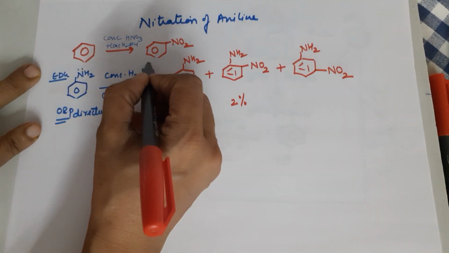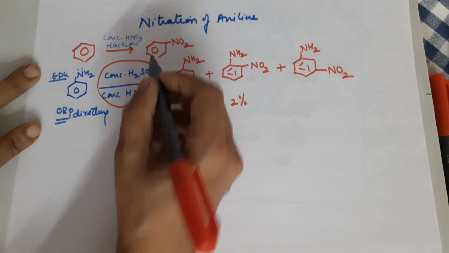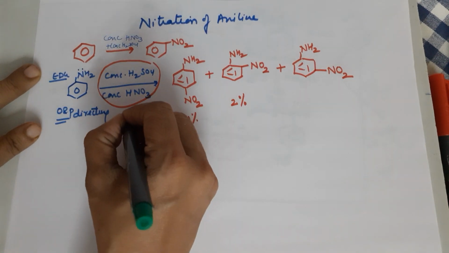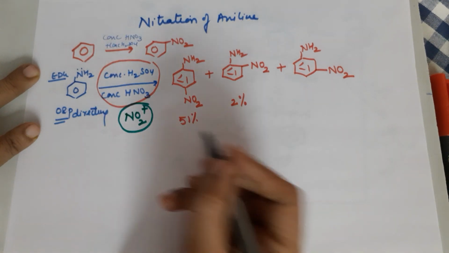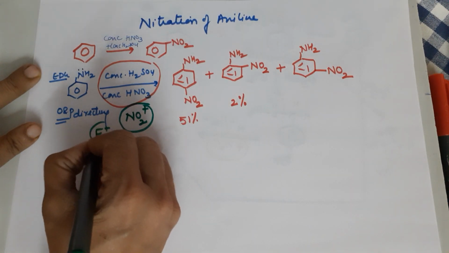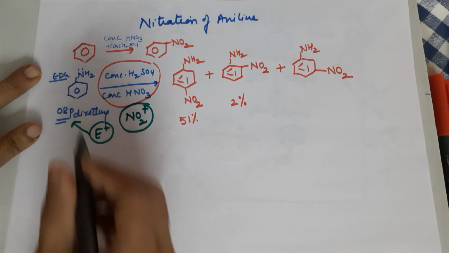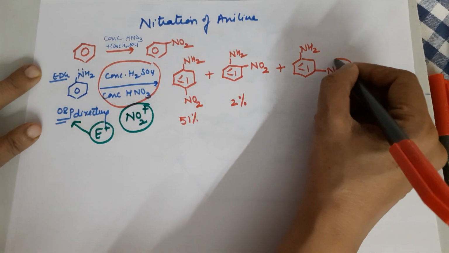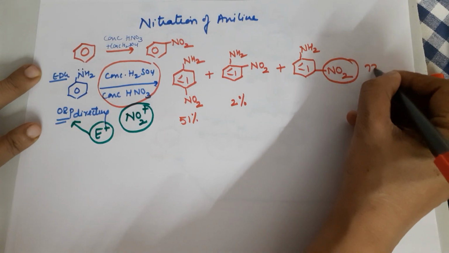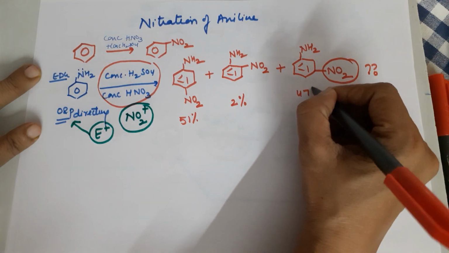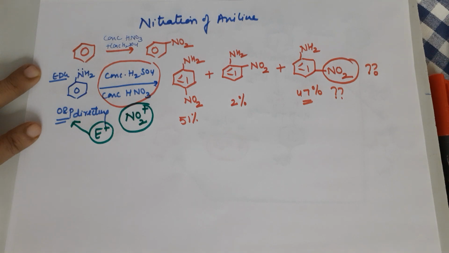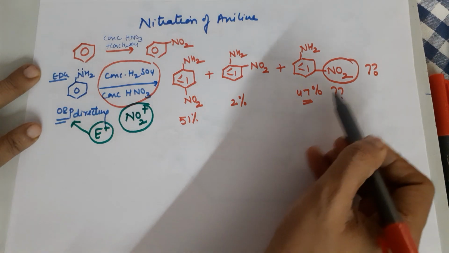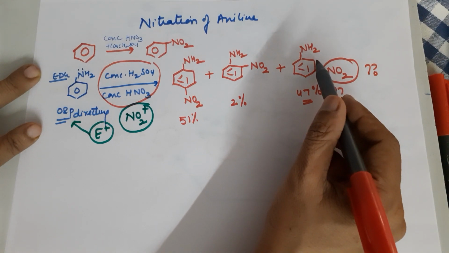जाता है. If you remember, what is the function of these two? These two react to produce the electrophile, which is your nitronium ion. The electrophile is generated, and the electrophile has to go to the ortho para position. But why is the electrophile coming to the meta position? That too 47% in yield is the commonly asked question in the boards. Aniline on nitration gives you 47% meta-nitroaniline.